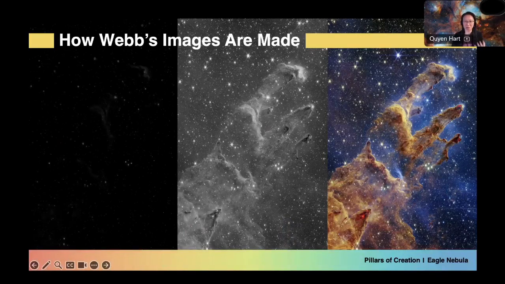Are Webb's images real? Yes, they are real. It's real data. But how do we create the images so that they have this color? Because they just learned that infrared light is not light that we can see. And so there are a lot of different resources to be able to share that, including a whole science explainer article about how the Webb images are made for the press release products that we have. And I'll share where those are later.